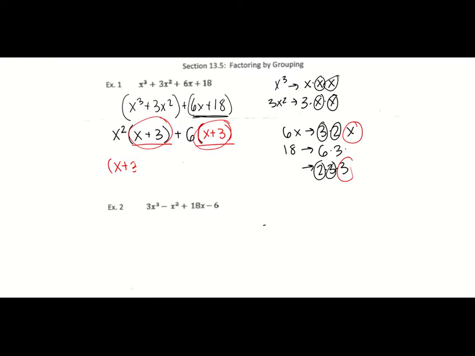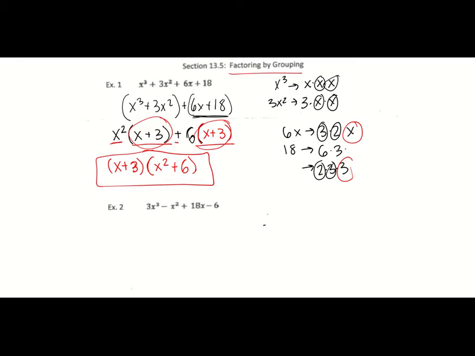Then I have what's left. On the inside, I have this piece plus this piece left inside my parentheses. So that gives me x squared plus 6. And that is how I get my answer